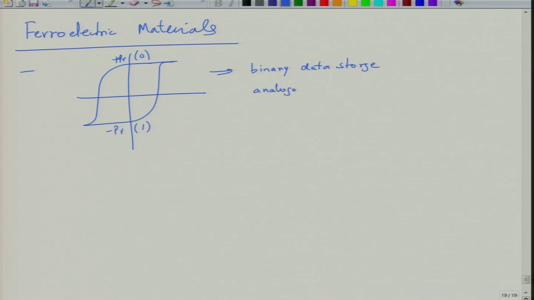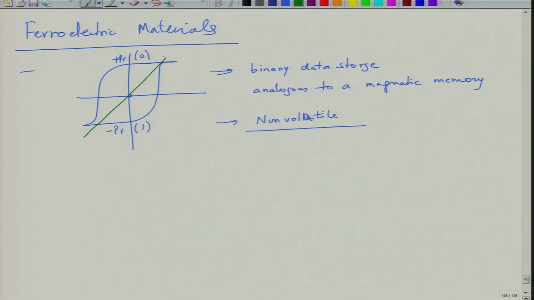in a manner analogous to magnetic memory. And this will basically lead to non-volatile data storage, meaning the memory will not be lost. The data will not be lost when the power is lost, because this is at 0 field. So, at 0 field you have two states. In a normal RAM, this is the curve you have. RAM always needs power, but RAM is fast and magnetic memory is slow.